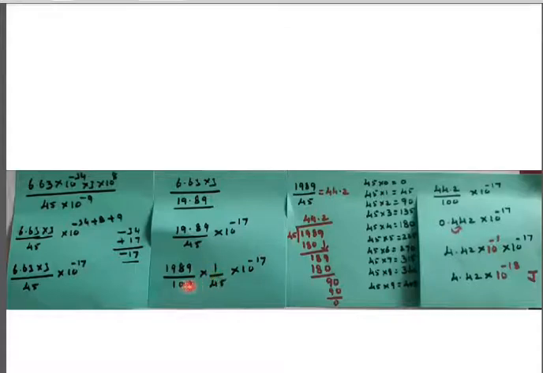1989 divided by 45. Left out 100. So 44.2 divided by 100. So 100 means after keeping 2 decimals, 0.442 into 10 to the power of minus 17. And here, when you move the decimal anticlockwise, it is a minus. If you move the point this way, it is a plus. So you are moving the point in an anticlockwise direction, after 1 decimal. So 10 to the power of minus 1. 4.42 into 10 to the power of minus 1 into 10 to the power of minus 17. Totally 4.42 into 10 to the power of minus 18.